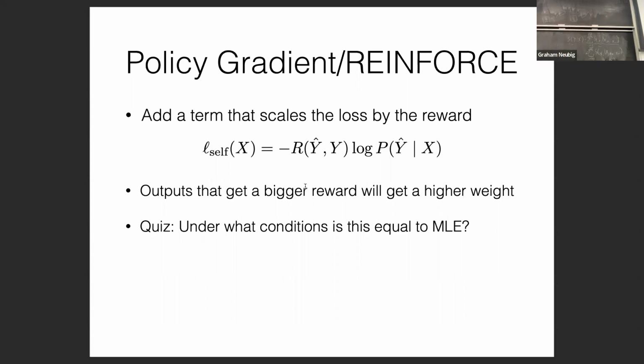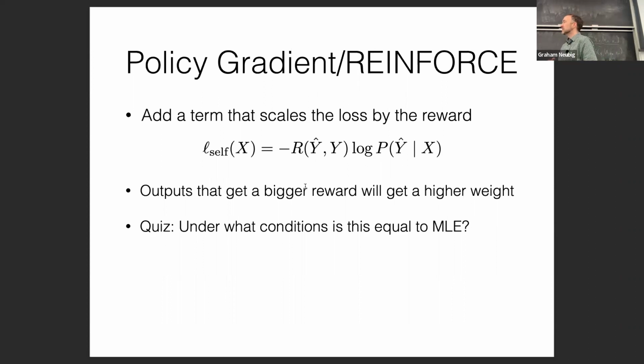What's that? All rewards are 1. Not really. Any other ideas? But close. All rewards are equal. No. The sum of the reward is 1. Oh, sorry, it's where y hat and y are equal, it's 1. Yes. So where y hat and y, the correct answer, are equal, the reward is equal to 1. Another way to put it is when you're using the 0-1 loss, where your loss is 1 if it's not equal and 0 otherwise, and your reward is 1 minus the 0-1 loss,